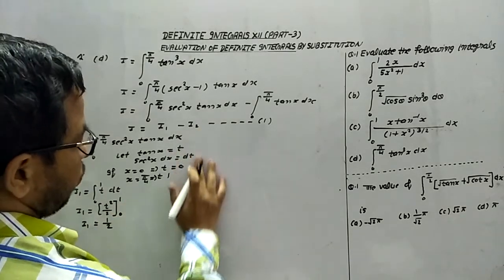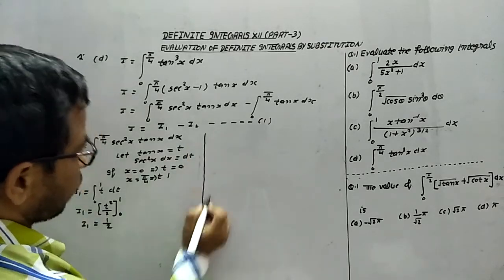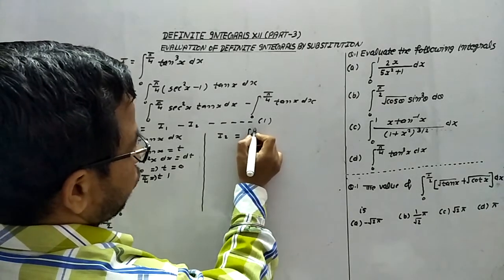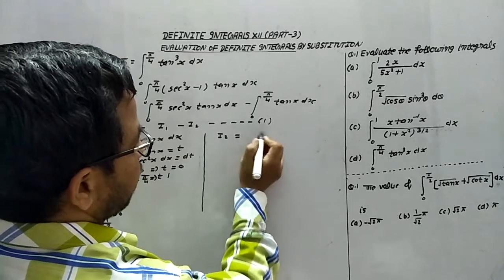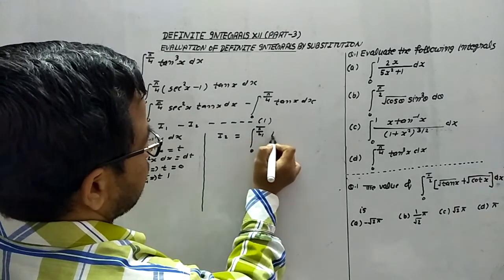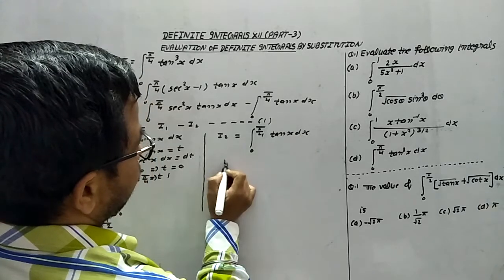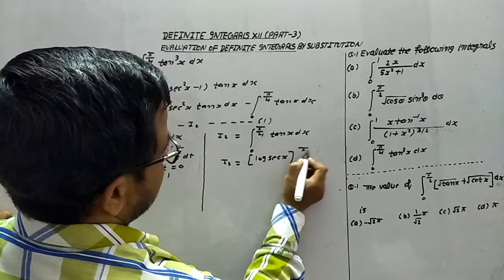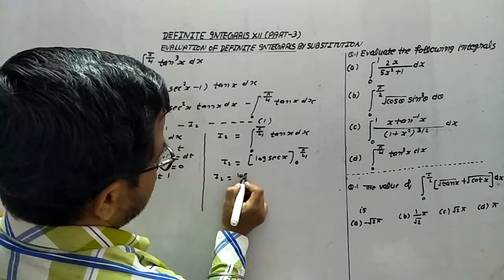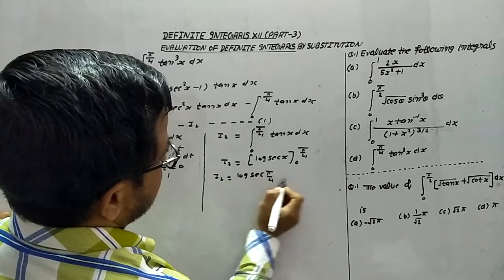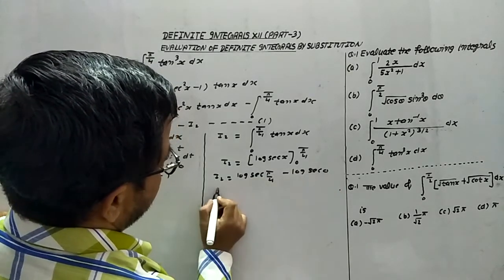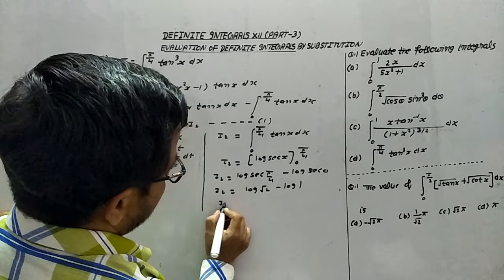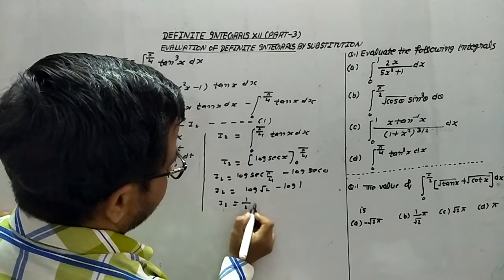Now we have to find out the integration of I2. I2 is what this becomes? Now the limit is 0 to pi by 4, and in this part no need to change the limit because here we are not going to apply substitution method. Tan x dx. Now what is the integration of this thing? Integration of tan x is log sec x, and the limit is 0 to pi by 4. Now I2 is equals to log sec pi by 4 minus log sec 0. It means I2 is equals to log root 2 minus log 1. Log 1 is already 0. It means I2 is equals to half log 2.